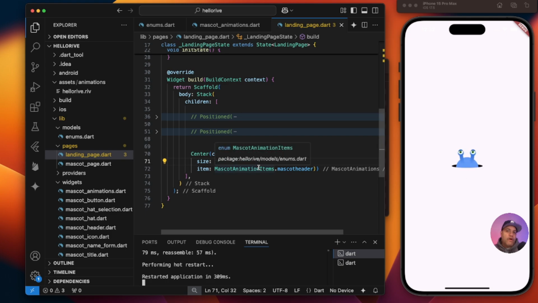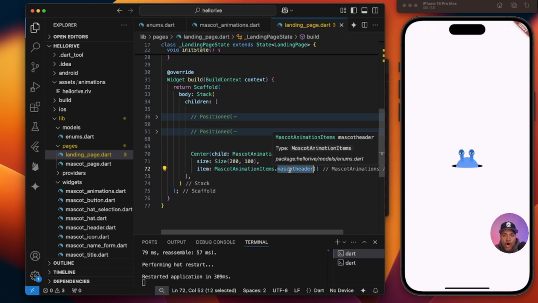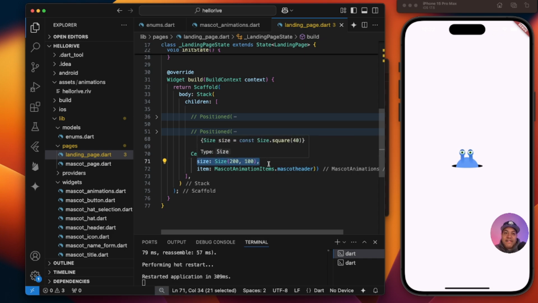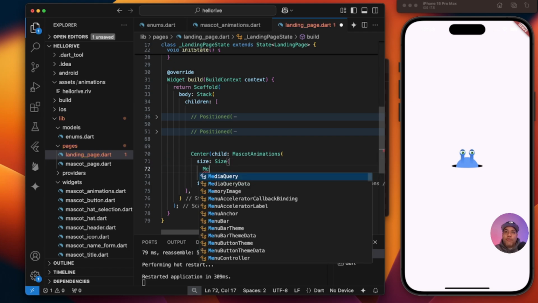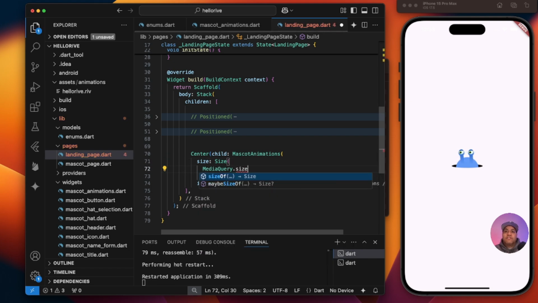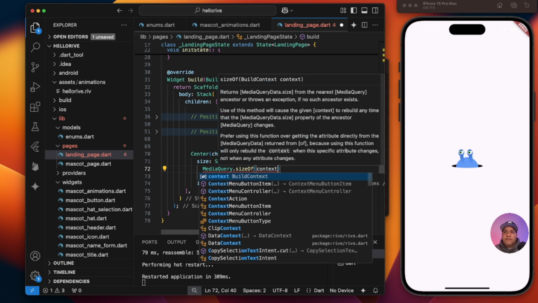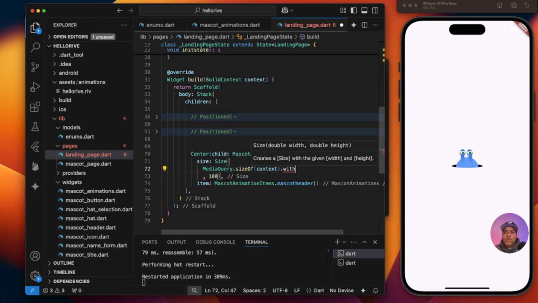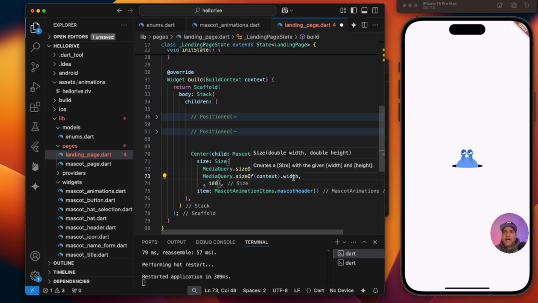You can then go crazy loading all of your animations with one single file. All you need to do is provide the name of the corresponding artboard and state machine, and it will load right away. Provide a size different from the default one, and then you're good. You can make this the width of the screen if you want to. For example, I can come over here and say MediaQuery.size of context, and then width. That's my width. And then I can do the same thing for the height. But remember, because it says contain,